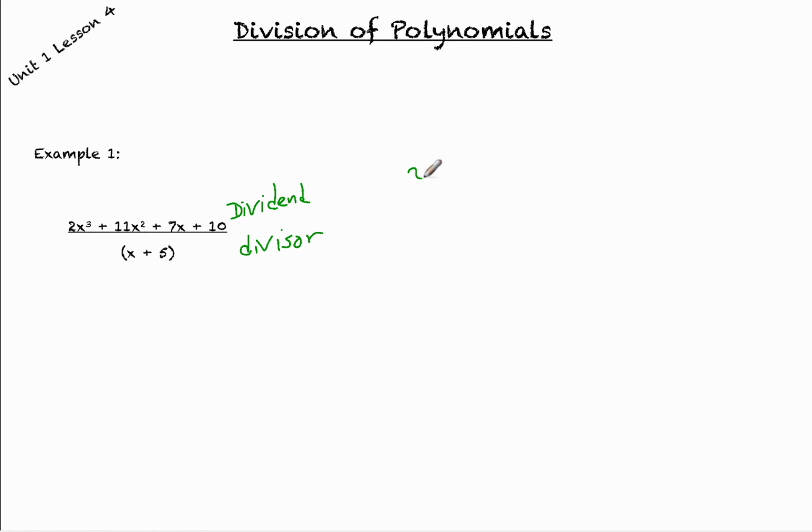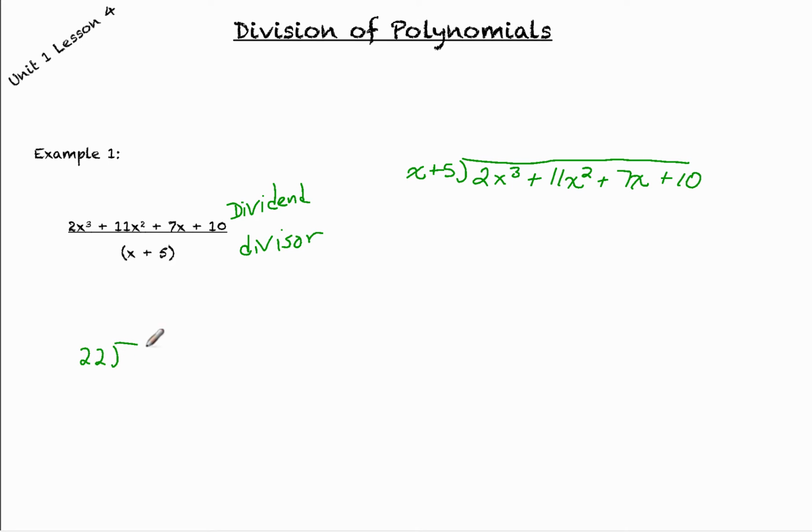So we're going to set this up as our divisor, x plus 5, goes into 2x cubed plus 11x squared plus 7x plus 10. And we're going to mimic the same long division algorithm that you did back in 3rd or 4th grade. So in other words, if you did,